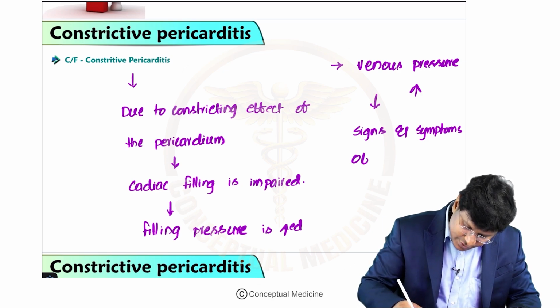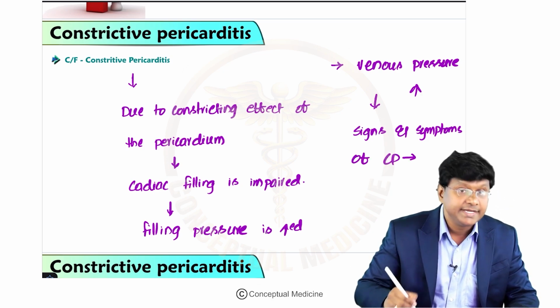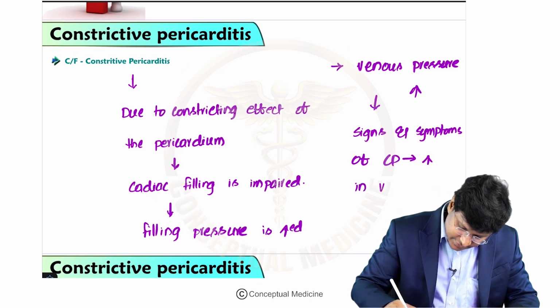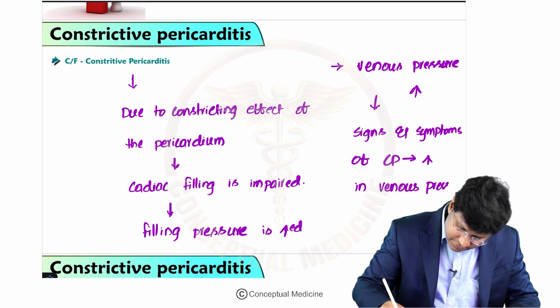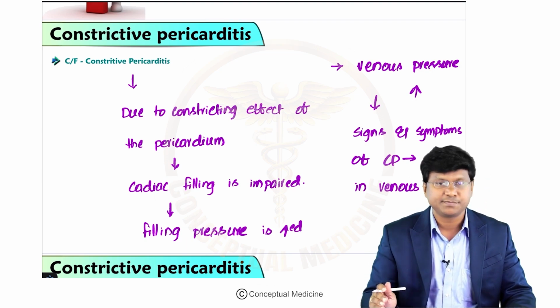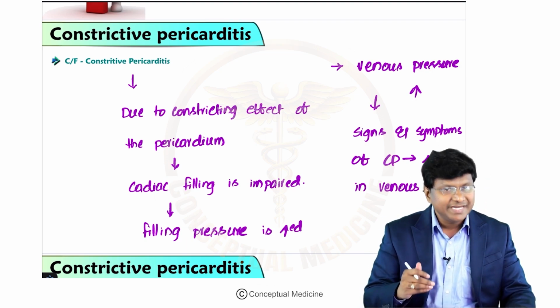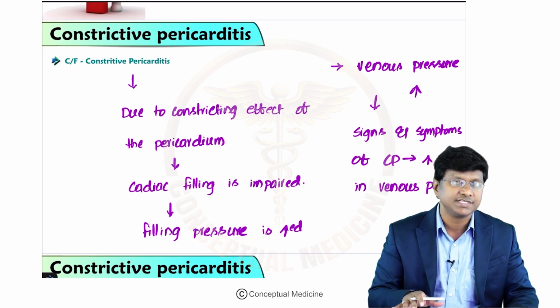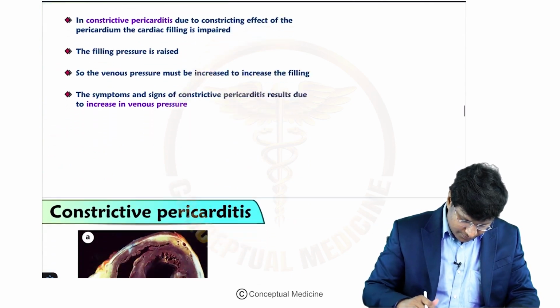Right, signs and symptoms of constrictive pericarditis. It is due to increase in the venous pressure. Okay, now let me discuss one by one, right? What will be the features due to increase in the venous pressure? So